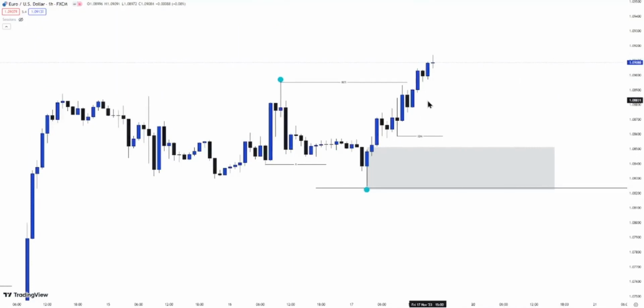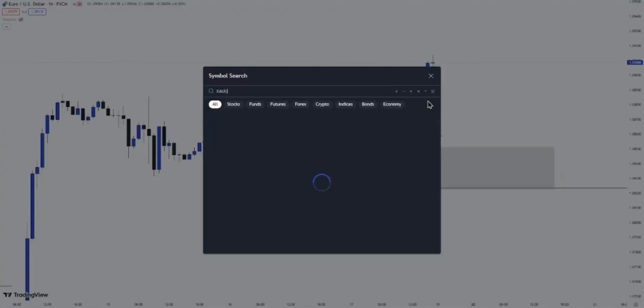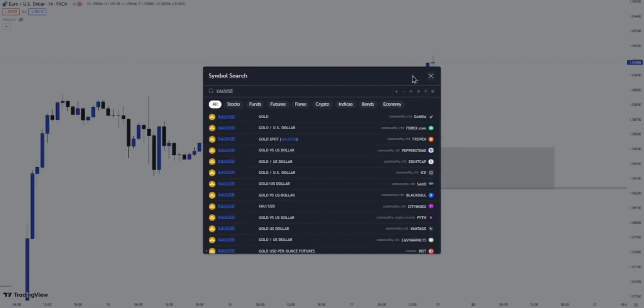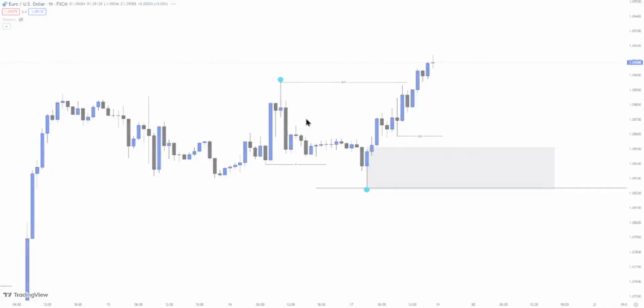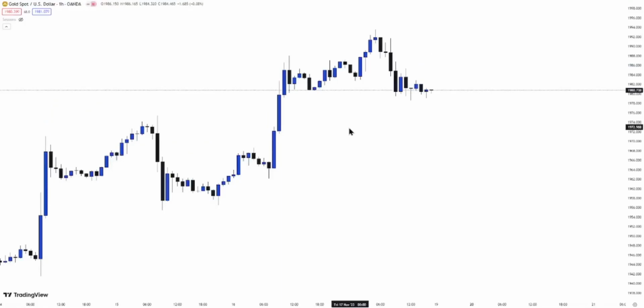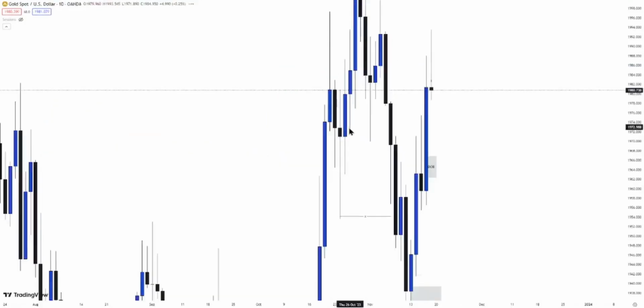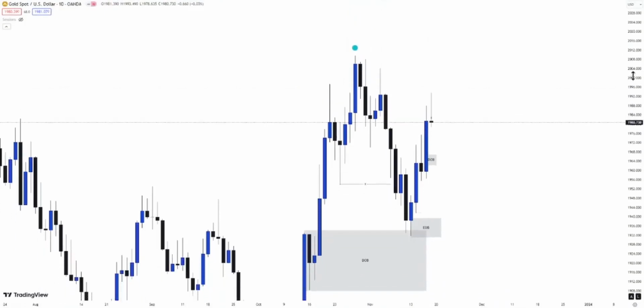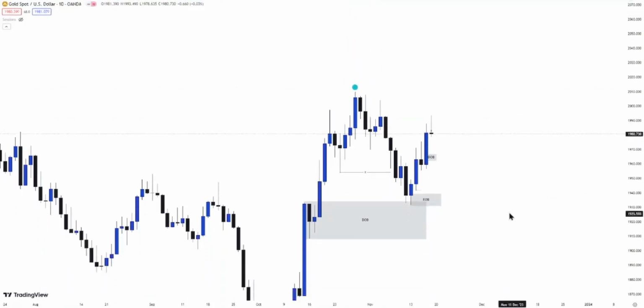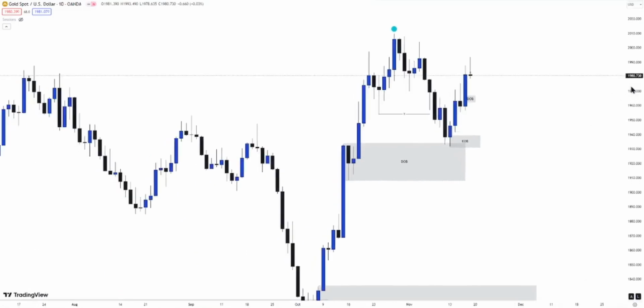So quickly, let's get to gold and see what gold is holding for us here. Okay. Now this is gold. First of all, let's get to the daily time frame of gold and see the general picture of gold so that we can know what to do here. Again, I don't want to waste time here. All right. Now, as you can see on gold,